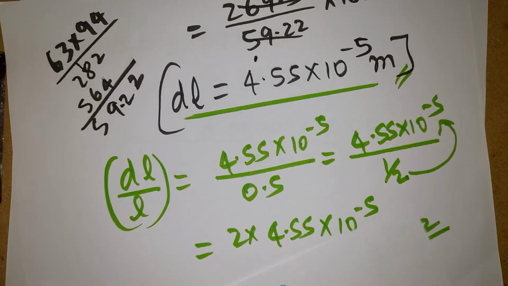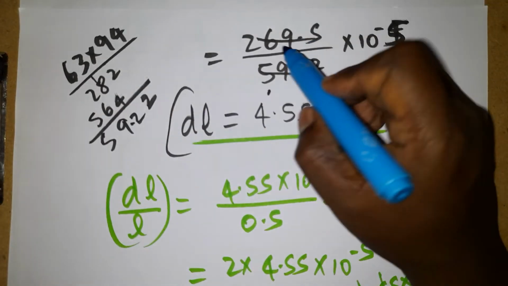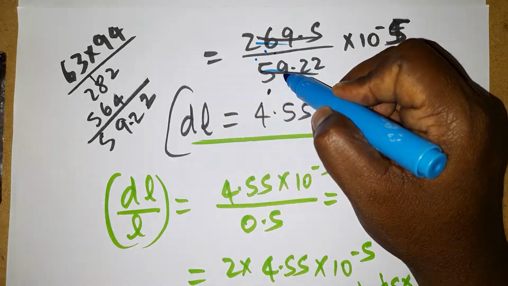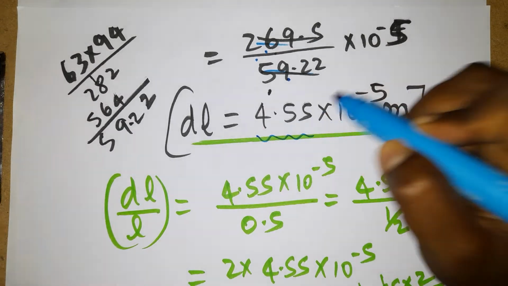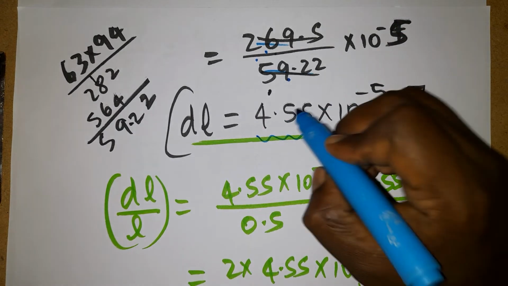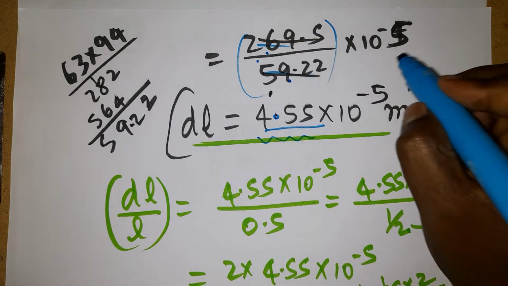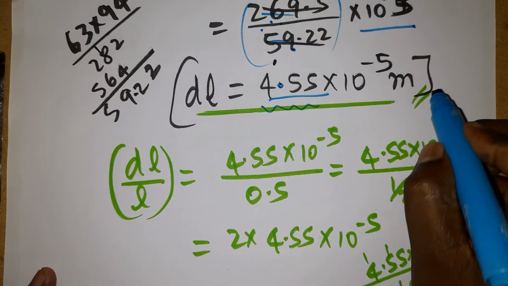Now multiplying the two, I get 59.22, approximately. The numerator is approximately 260. If you cancel, 250 divided by 50 is 5 times, so it is close to 5, about 4.55. If you do the proper division with these two numbers, you can get this value directly, into 10 power minus 5. This much will get compressed.